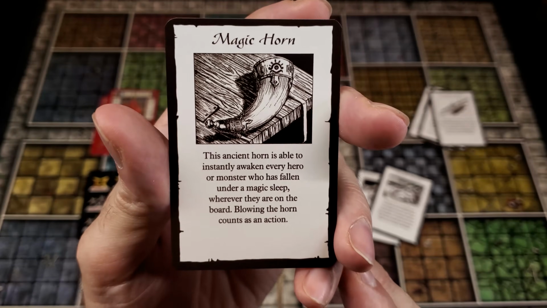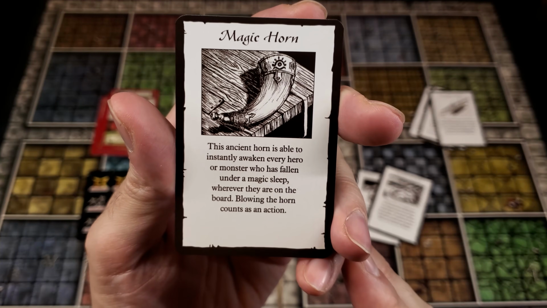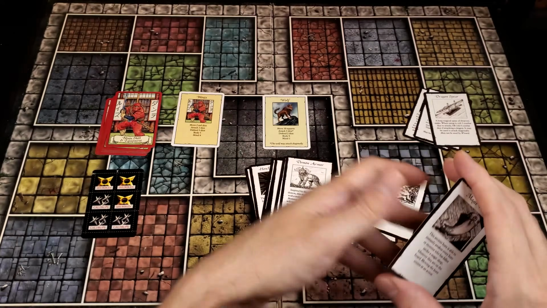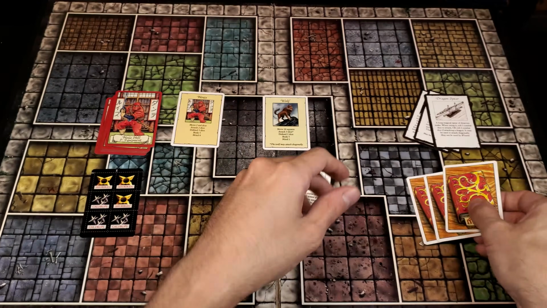And finally, the Magic Horn. This ancient horn is able to instantly awaken every hero or monster who has fallen under a magic sleep wherever they are on the board. Blowing the horn counts as an action. I don't know about that one. I don't know that I would consider that super useful. However,